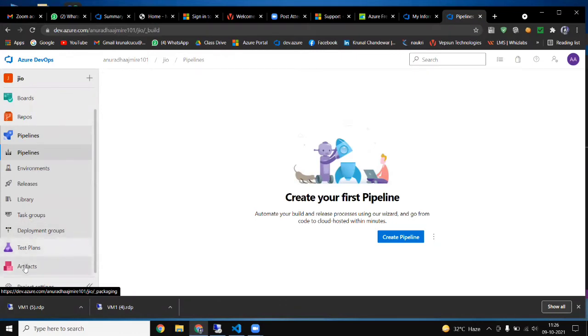And artifact: your machine level code we store in the artifact, and we have artifacts like Maven, npm, and NuGet packages. These are our artifacts, and we store them here.